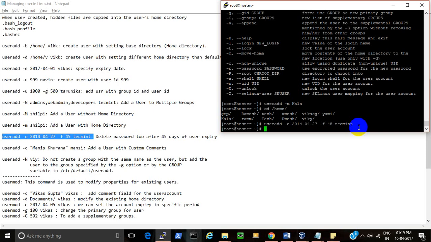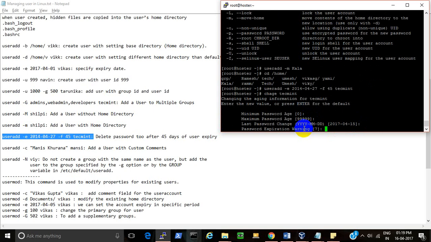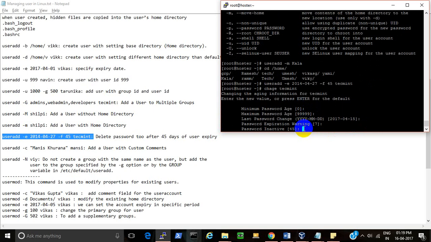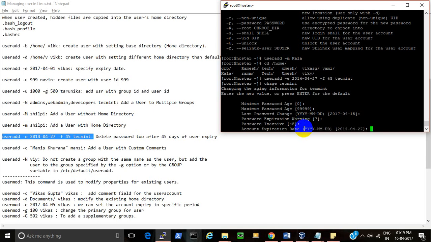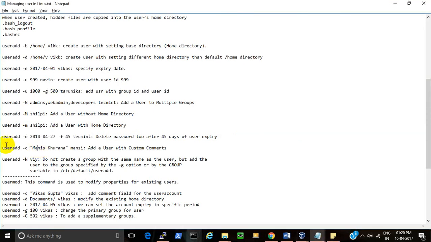Let me check user techmint. See, password inactive for 45 days. Fine. It means the password will get deactivated after 45 days. And this is the date, the date when the user is expired. Useradd